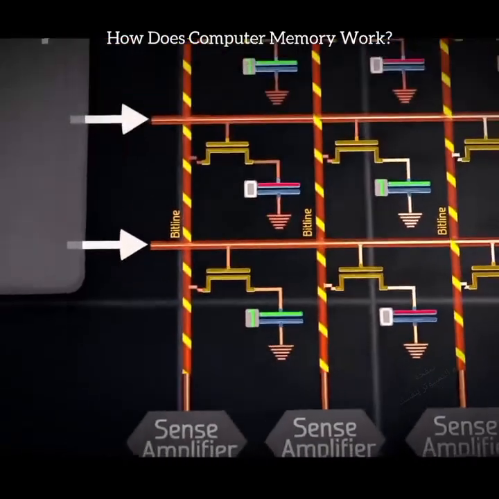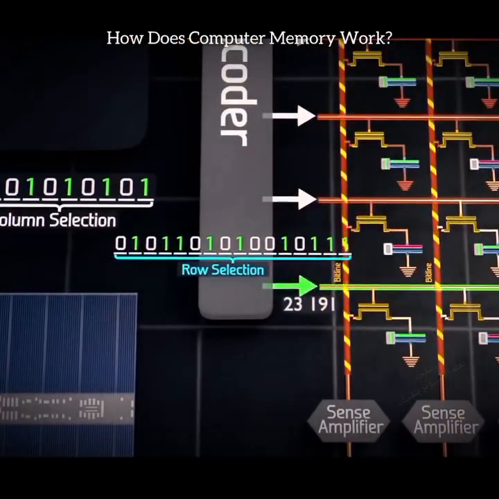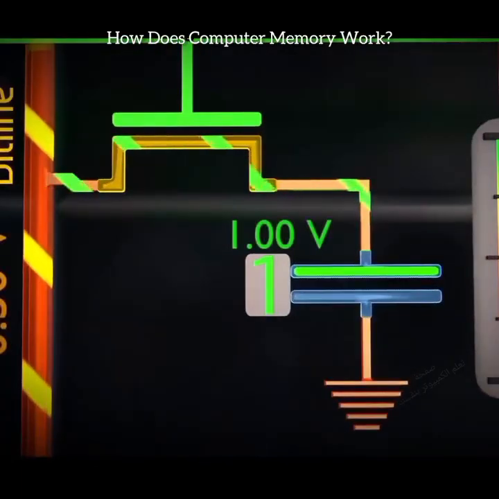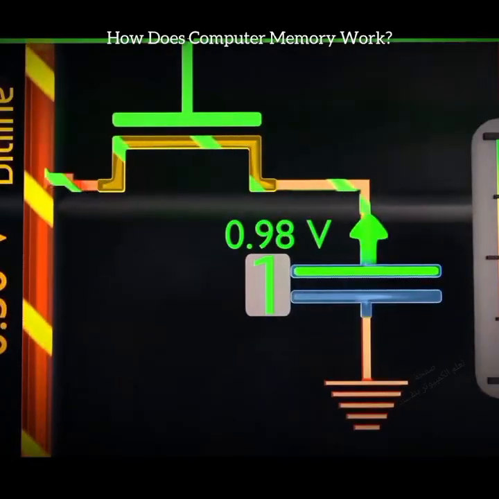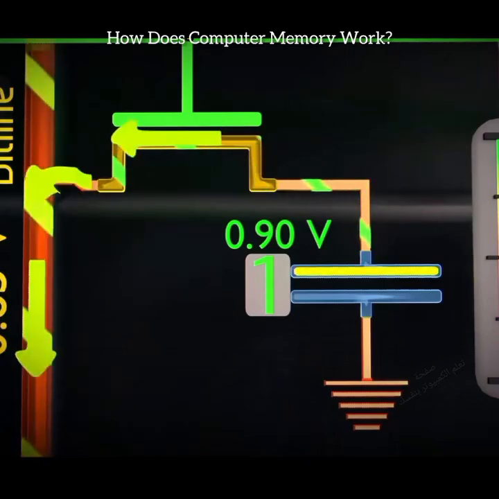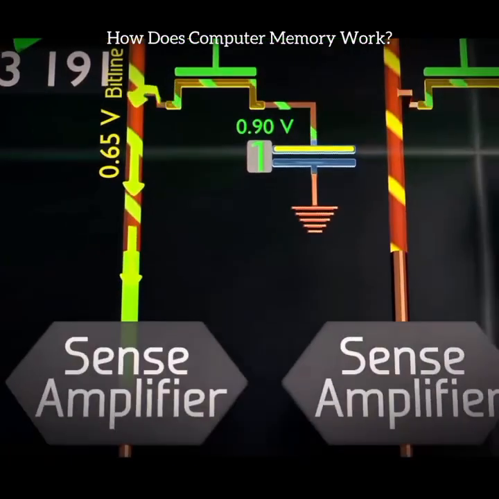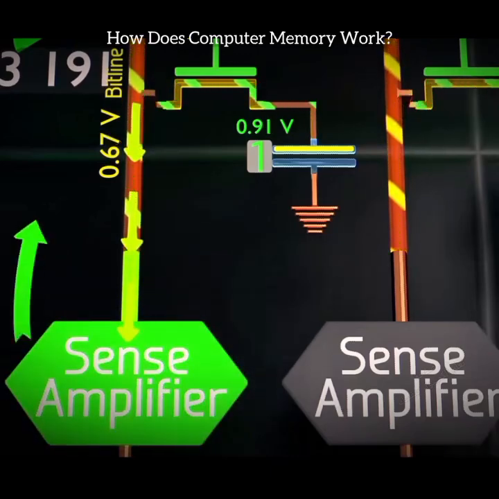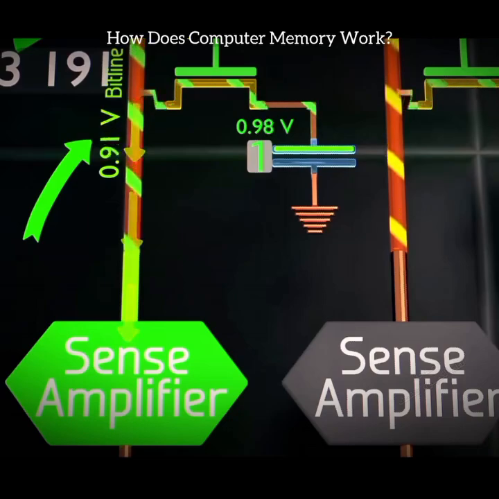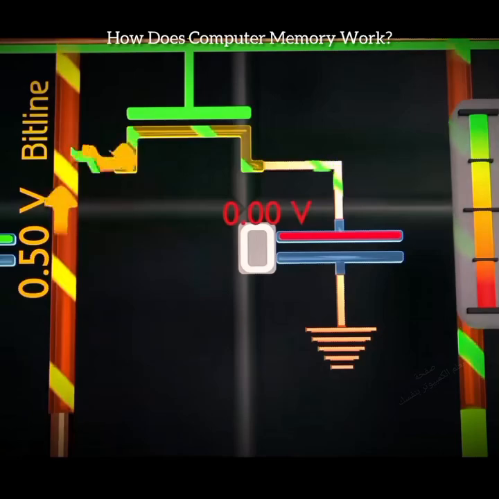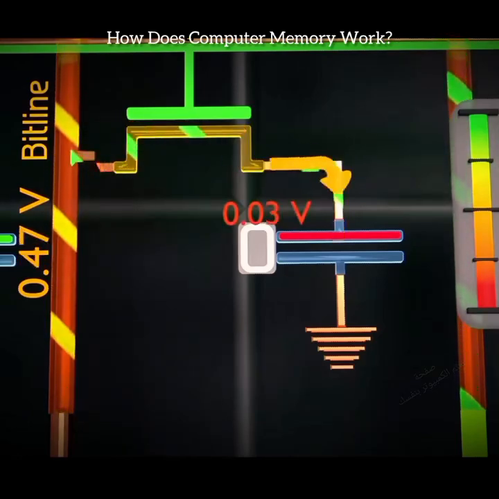Next, the 16-bit row address turns on a row, and all the capacitors in that row are connected to their bit lines. If an individual capacitor holds a 1 and is charged to 1 volt, then some charge flows from the capacitor onto the 0.5 volt bit line, and the voltage on the bit line increases. The sense amplifier then detects the slight change or perturbation of voltage on the bit line, amplifies the change, and pushes the voltage on the bit line all the way up to 1 volt. However, if a 0 is stored in the capacitor, charge flows from the bit line into the capacitor, and the 0.5 volt bit line